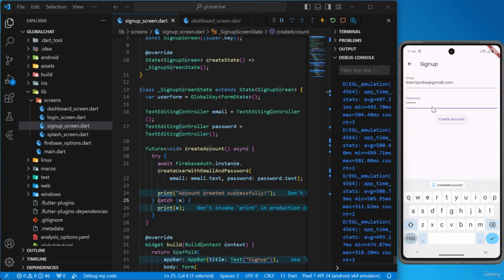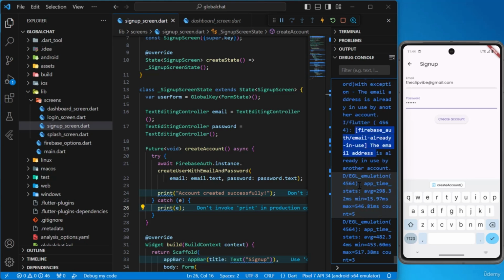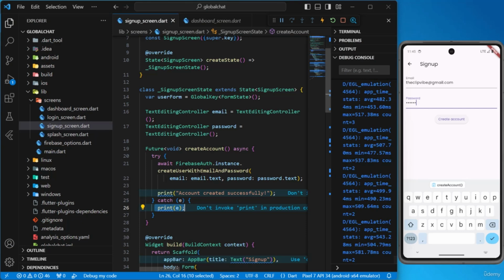And if I try to create an account again with the same email address, then this function will throw an exception or error, and our catch block will catch that error. So if I try to create an account, if I click it, then here you can see that the email is already in use, right? So this has been triggered because this is throwing an exception, and our catch statement is catching the error and